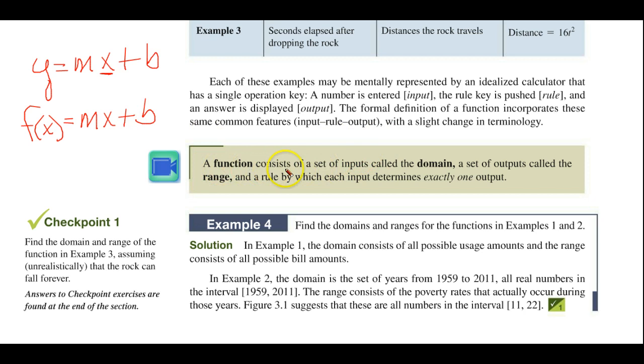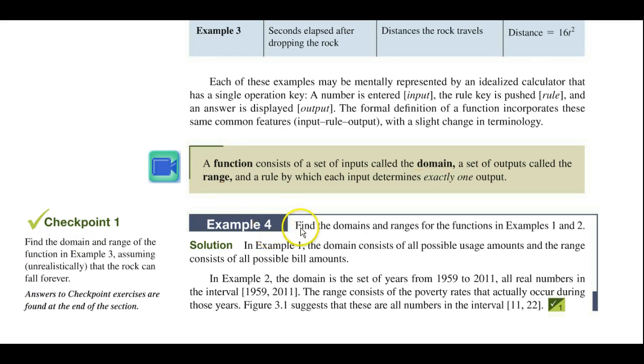2. A function consists of a set of inputs called the domain, which was our x value, and a set of outputs called the range, which is our y value. So we're building up to this concept of function. So in example 4, find the domain and the range for the functions in examples 1 and 2. Well, let's look at what we have. So if we put it in sort of a function notation,